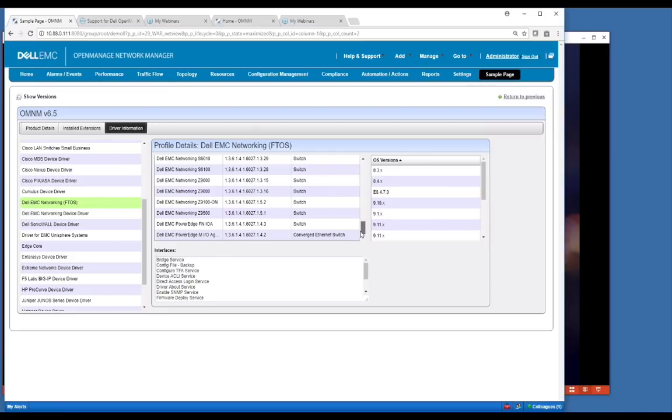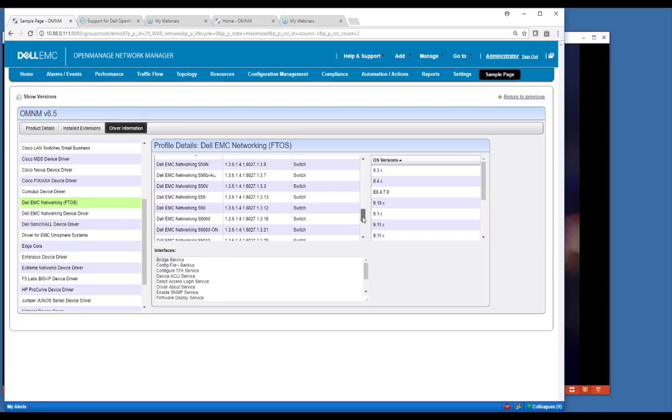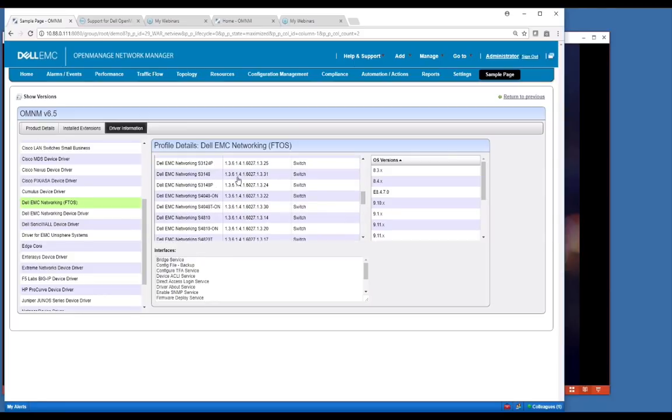Maybe OMNM doesn't support it yet, or you've got a device out in the field and you don't know if it's supported. You want to come to this screen and look and see if you find the model number, and more specifically what we call this sysobject ID right here, this identifier. This is an SNMP value that you would look up that identifies the device. And so if your device has this sysobject ID in its SNMP stack, we can identify it if it's in